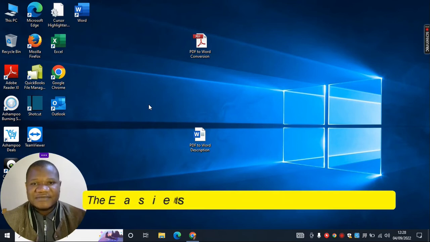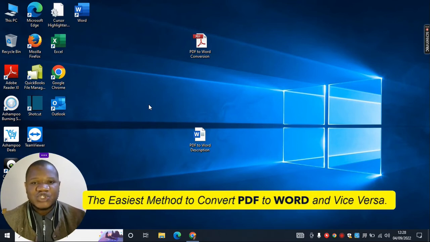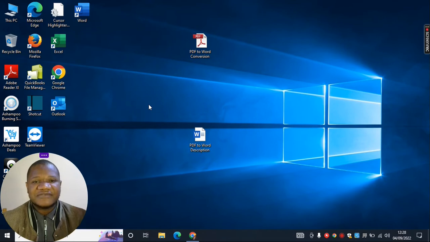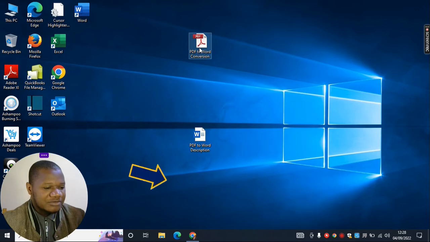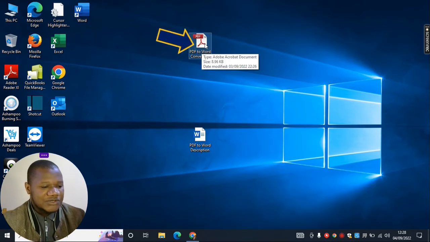Here is the easiest method to convert your PDF documents into Microsoft Office Word documents and vice versa. As you can see on the desktop, I already have my PDF document right here that I'd like to convert. So what I need to do is to right click on the document,